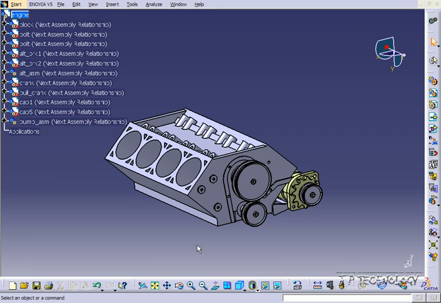This is tutorial number 92, and it covers how to use the Compass Translate Assembly feature within CATIA v5. To start off, open up the engine step file, which is included on the DVD. Now, once you've done that, the last tutorial, what we covered was using the compass to move a single component